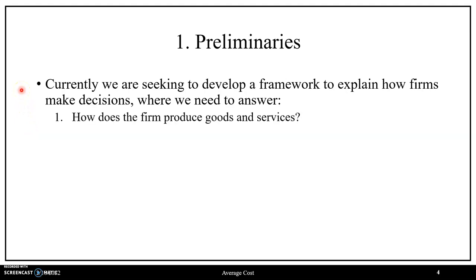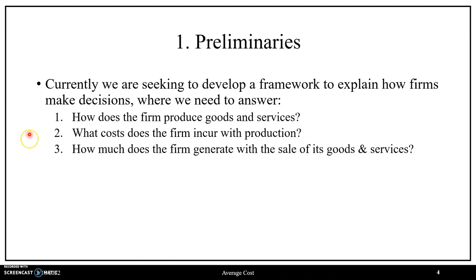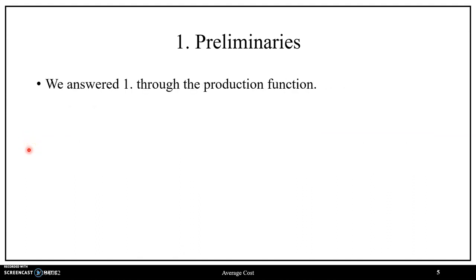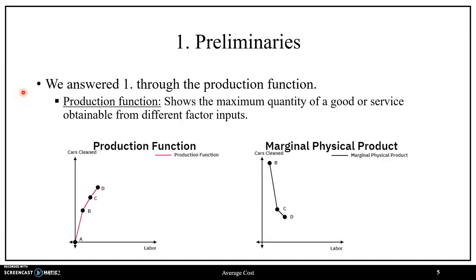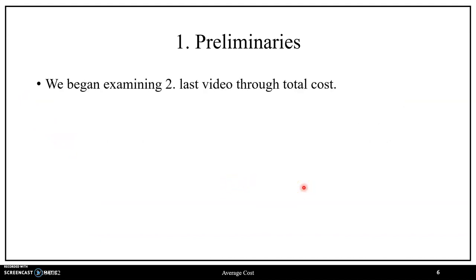Beginning with our preliminaries, currently we are seeking to develop a framework to explain how firms make decisions, where we need to answer how does the firm produce goods and services, what costs does the firm incur with production, as well as how much does the firm generate with the sale of its goods and services. Thus far we have answered question 1 through the production function, where we saw the properties of the production function as well as its rate of change through the marginal physical product,